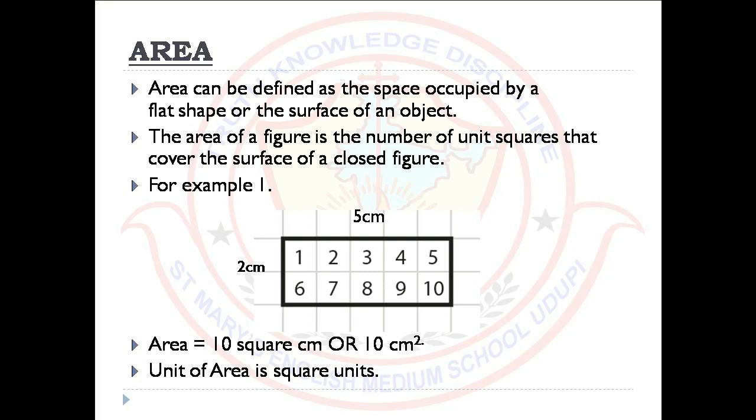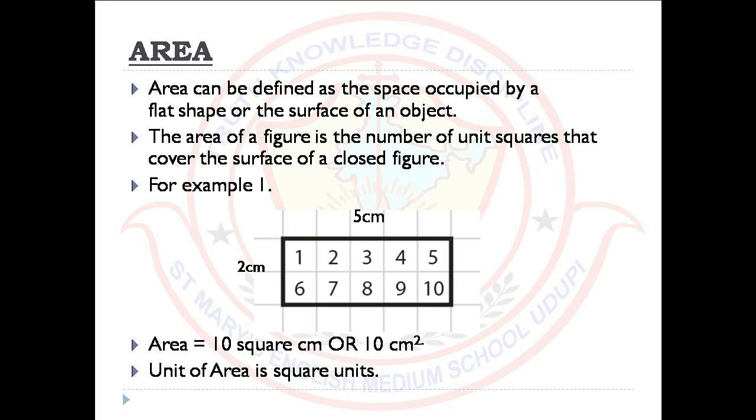Here, one of the examples is given where a rectangle shape with length 5 centimeter and breadth 2 centimeter. To find the area, we use grid lines. Here, you have to draw grid lines which are of unit squares, in the sense 1 centimeter length you have to take. Then we have to number the boxes. There are exactly 10 boxes inside that rectangle shape.